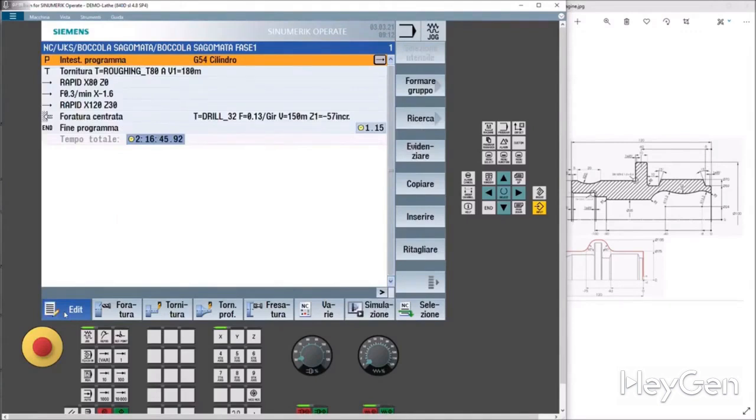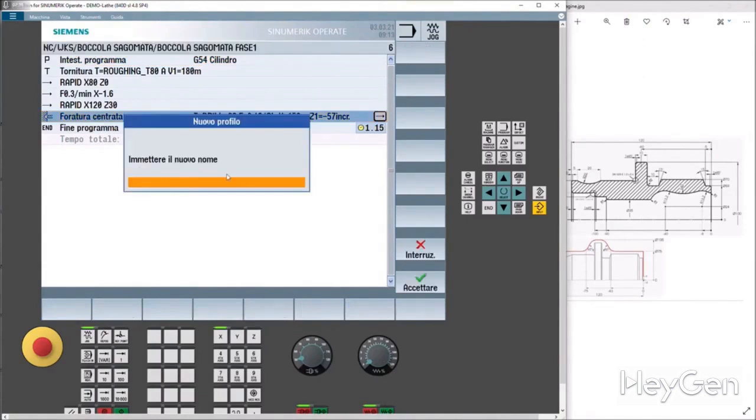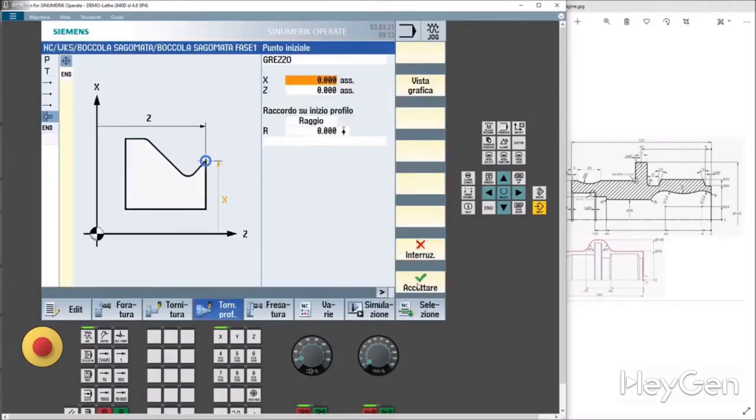Perfect. Let's define what the profile of the raw material is regarding our machining part. So, the profile of the raw material. Let's define it. As a new profile, I had already shown it to you in the other video. Let's put in the name and call it blank. Indeed, it is simply just blank. Okay, we accept.